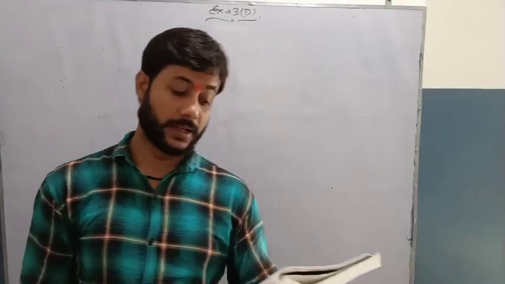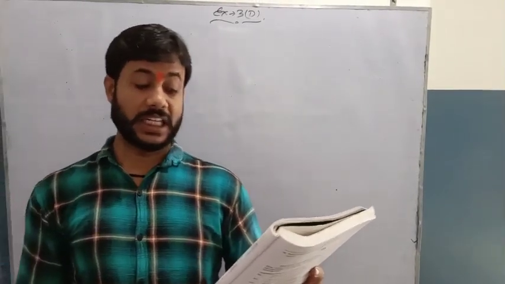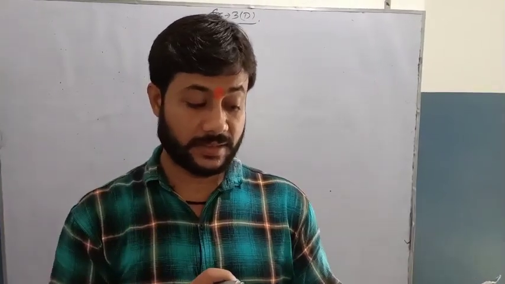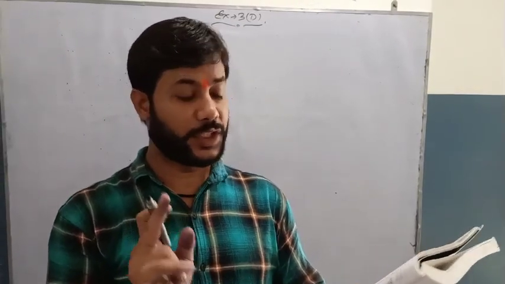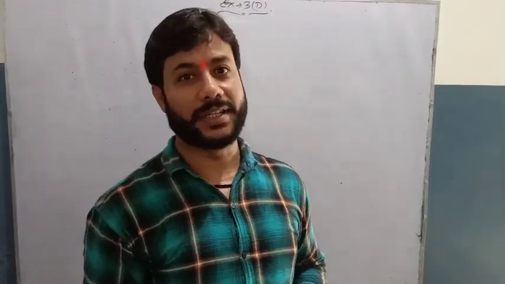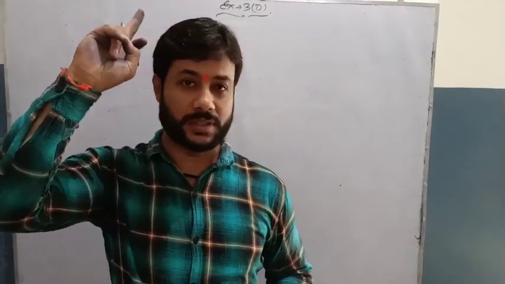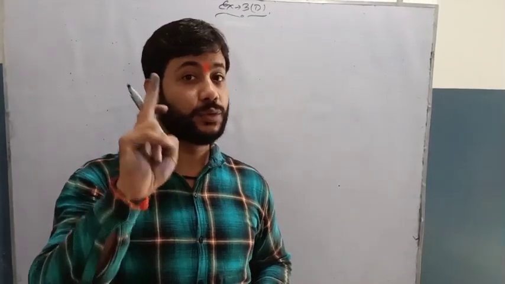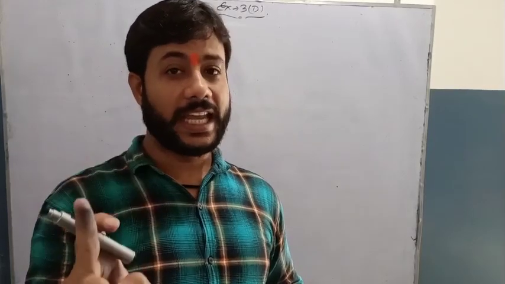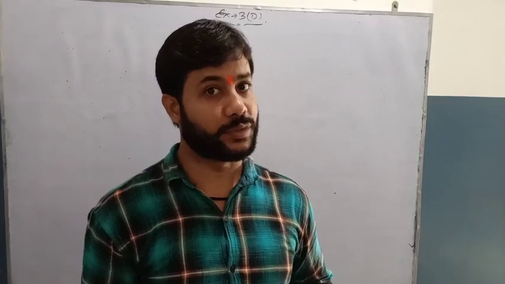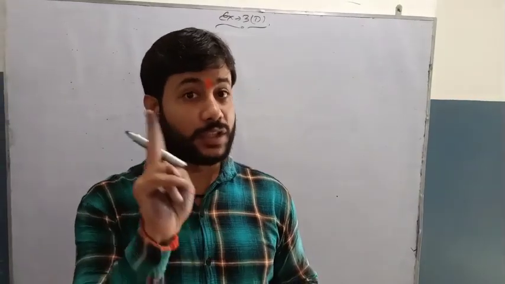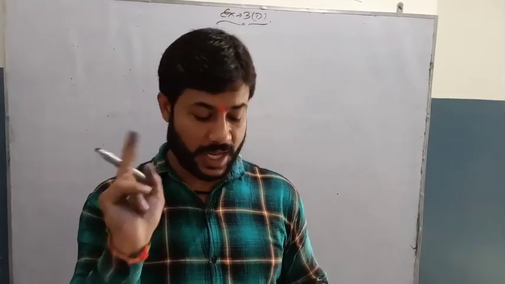Okay, students. Now, question number 13. Question number 13 says, dear students, find the smallest number by which 252 must be multiplied to get a perfect square. It means that 252 is not a perfect square. And do remember the rules. Numbers ending with 2, 3, 7, 8 and an odd number of zeros are never perfect squares. So 252 ending with 2 is not a perfect square.